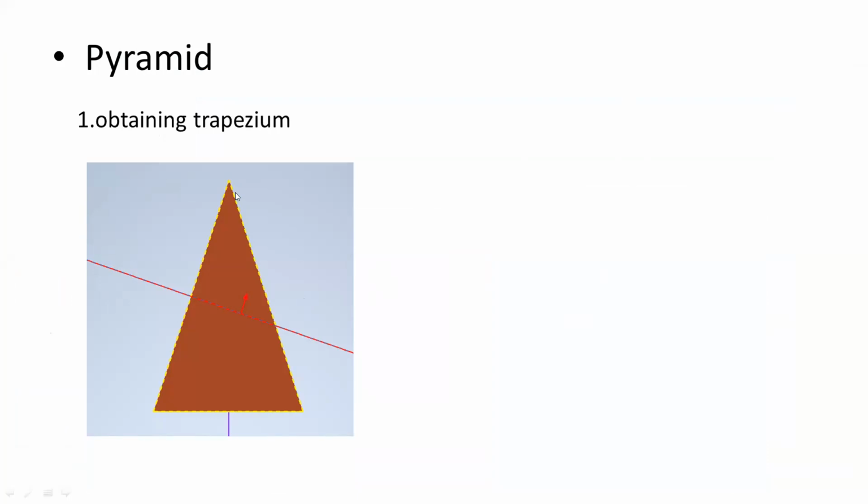So right now this square pyramid is resting on the HP, where two of its edges are perpendicular to the vertical plane. So this is the position, and it is completely resting on the HP on its base. Now, if you want to obtain a trapezium as a true shape by taking this section, then this is the position of the section plane. Okay. So take the position of the section plane, which is inclined to HP and perpendicular to the vertical plane. Okay. So for this position of the section plane, you will obtain the true shape of the section as a trapezium.